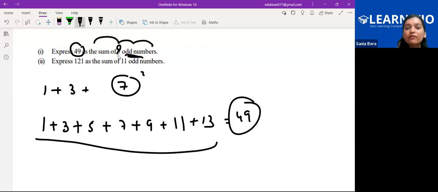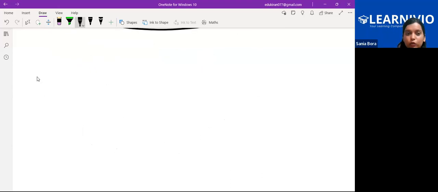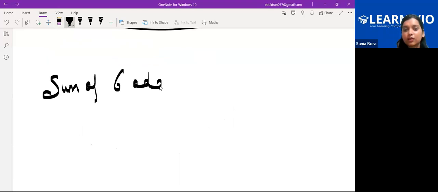In case I would have written 8 here and here 49, then this is wrong. Okay? If I would have written 8 odd numbers, what would I have written here? Tell me. The sum of 8. See, over here they have expressed you this. But students, in case I would have given you this question: sum of 6 odd numbers will be? Who will tell me the answer? Sum of 6 odd numbers would be